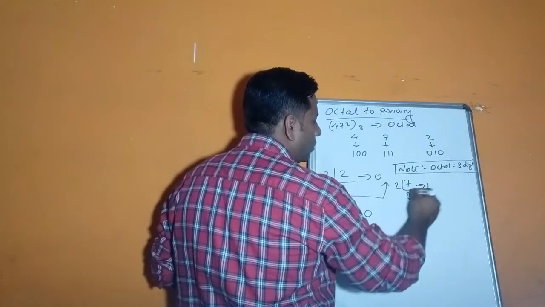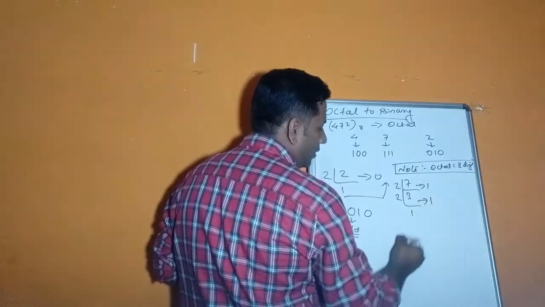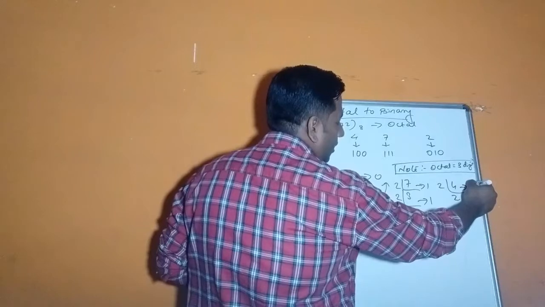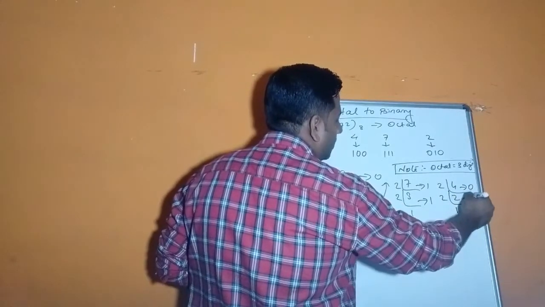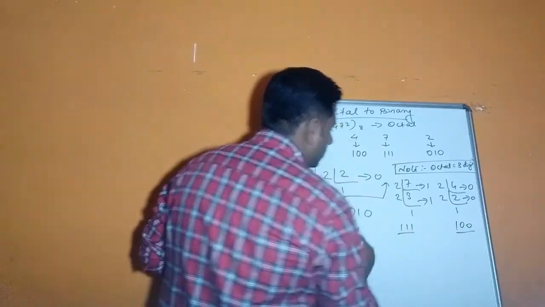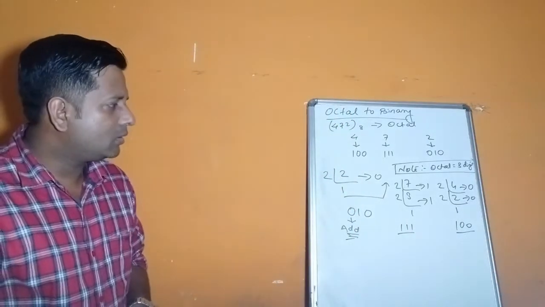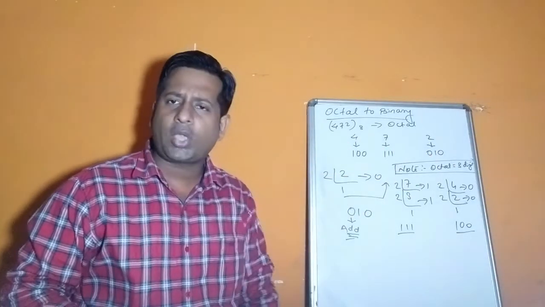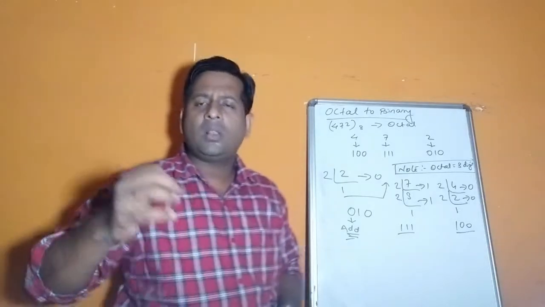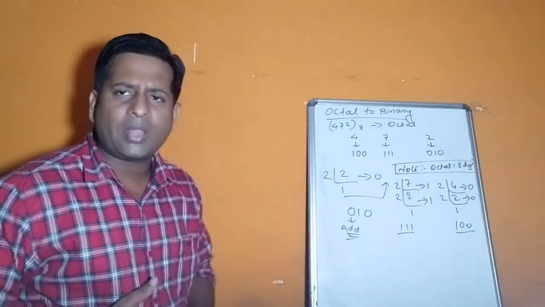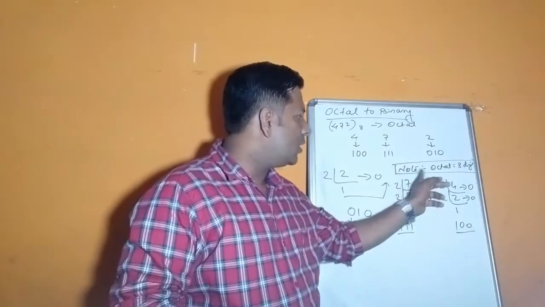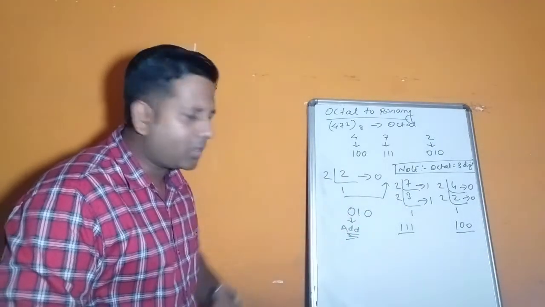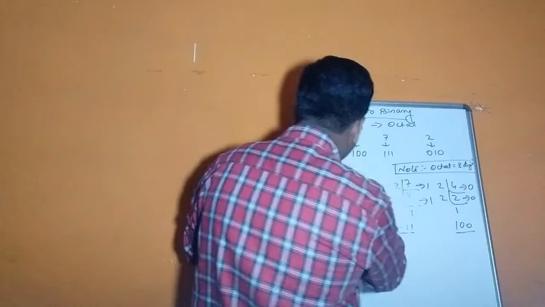2 3s are 6, remainder 1. 2 1s are 2, remainder 1. So here we have 3 digits. No problem. And for 4, 2 2s are 4, remainder 0. 2 1s are 2, remainder 0. So you can see here. Is this clear, children? So how this 100, 111 and 010 came? That is simply like decimal, how we convert to binary. The same technique has been applied. But the point you need to remember is that an octal number should contain 3 digits. If a digit is missing, you can add it yourself. Now see the next part.